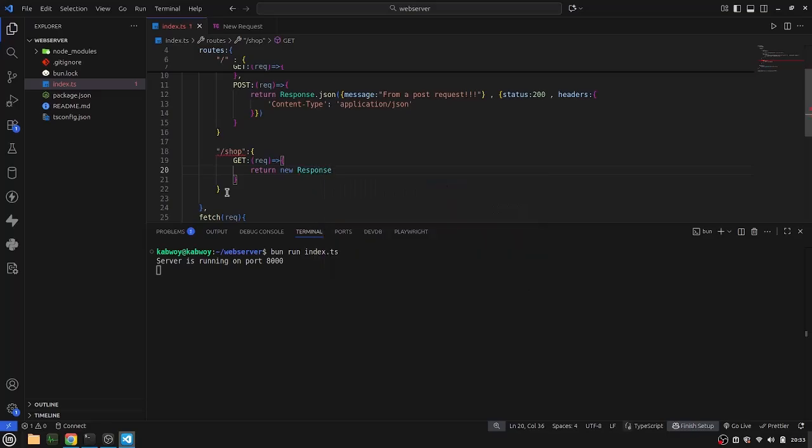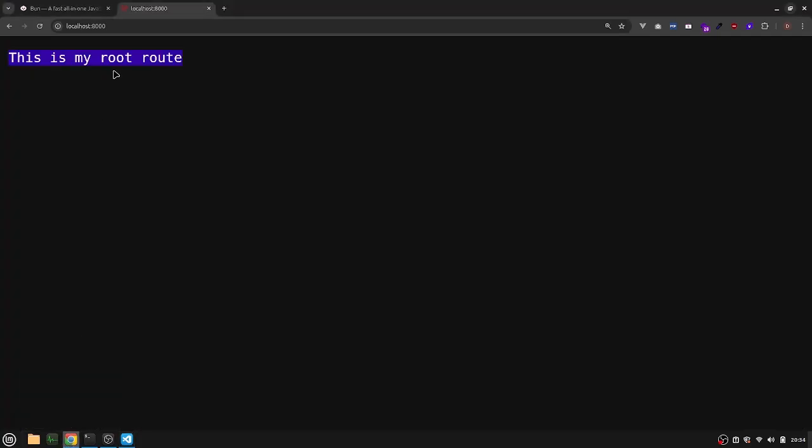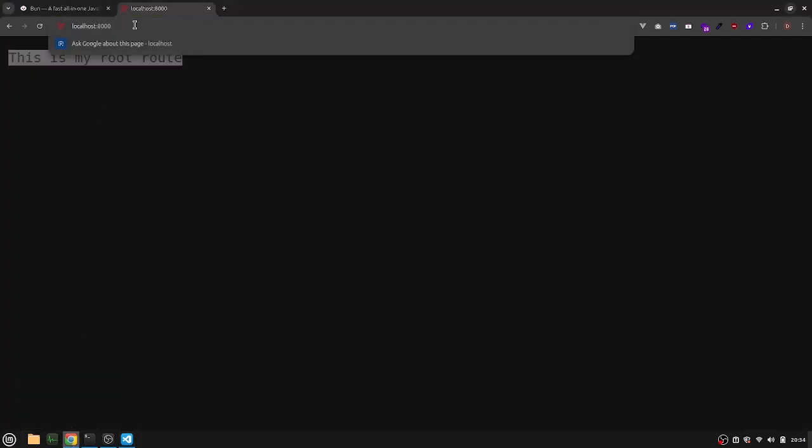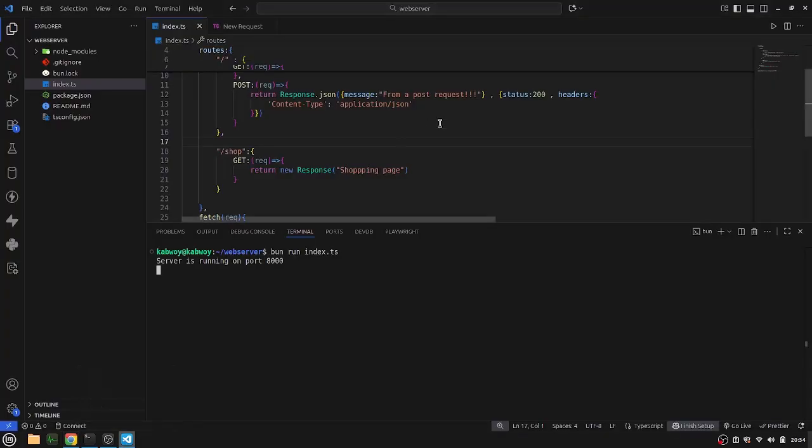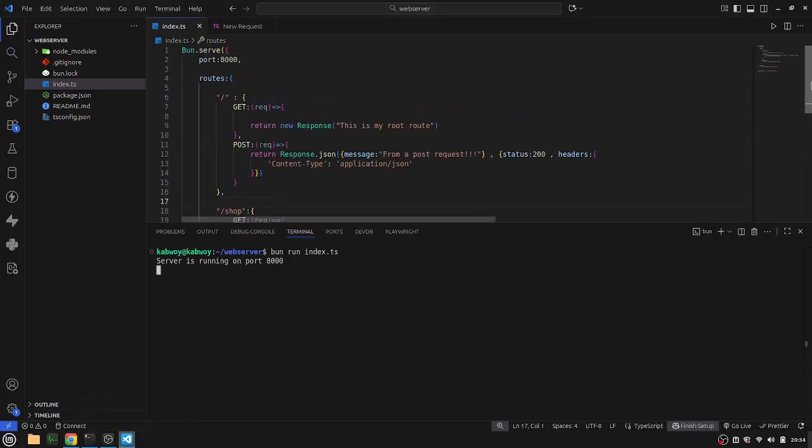Maybe I will return some text, just type something like "shopping page", then this comma over here. Then when I stop the server and run it again and visit /shop, you can see I'm getting the response back. So that's how you do routing inside